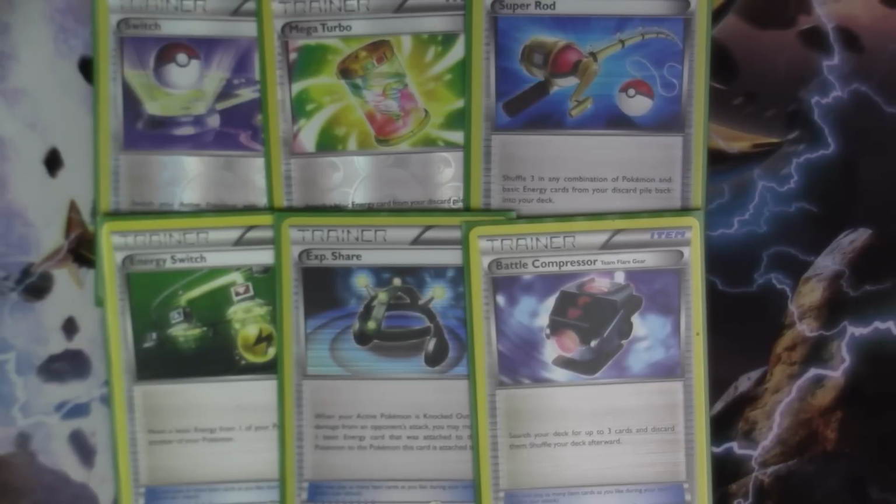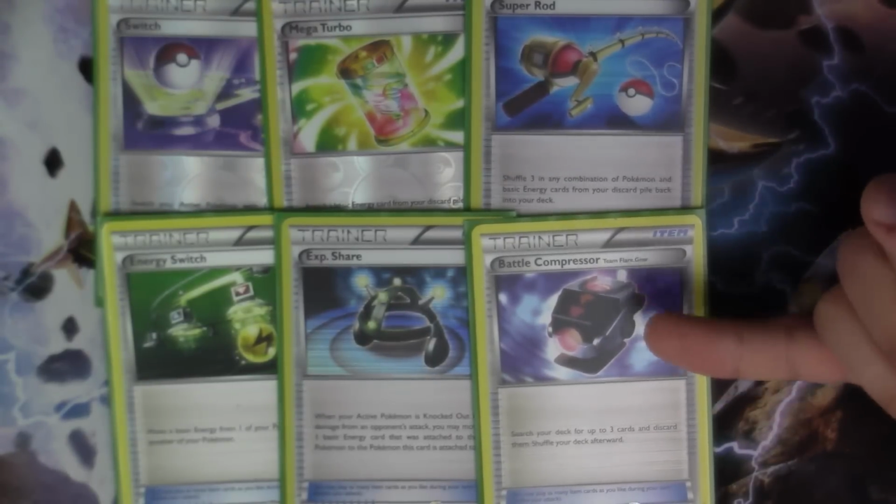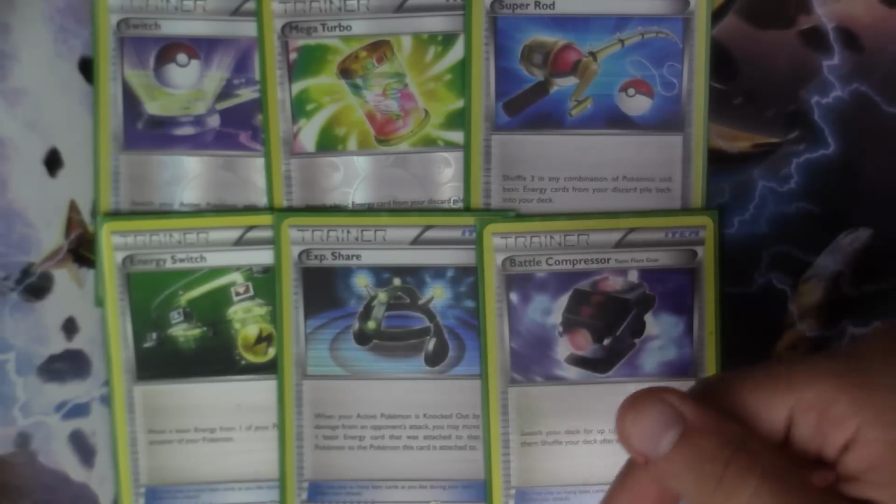And also, if the Professor's theory is correct, and by the way, if you don't know what I'm talking about, go watch our rotation review on our channel. It's very, very good, and a lot of people thought it was hilarious and very informative, so I highly recommend you check it out. But he had a theory that's saying the next set after Steam Siege, we're getting the reprint set, which is going to include Battle Compressor. So let me explain the